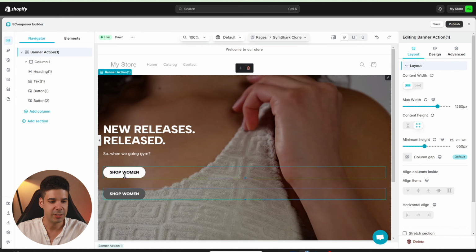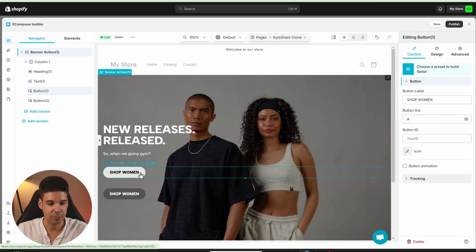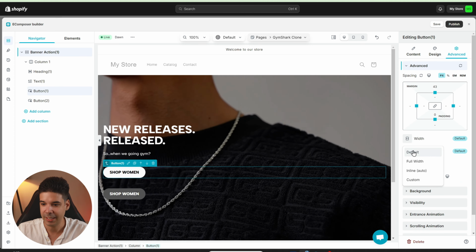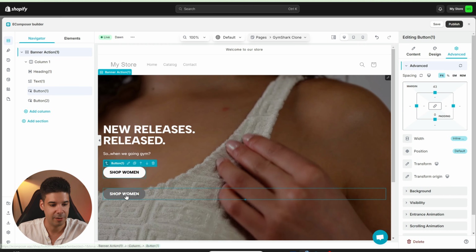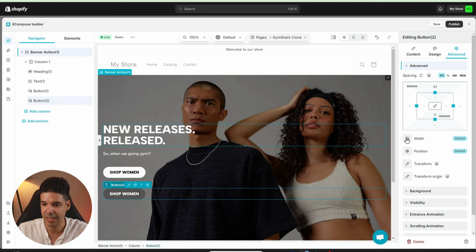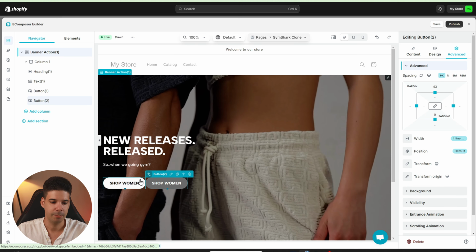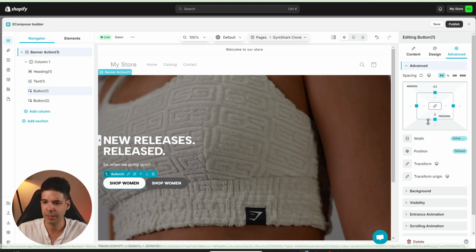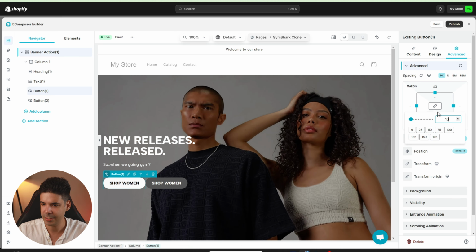Now we need to put these two buttons side by side. So to do that, we have to go to the first button, go to advanced and click on the width. And instead of having it in default, we're gonna put it inline, all right? Now for the second one, we're also gonna do the same. We're gonna click on it, select width and put it inline. But there needs to be a little bit of spacing here. So let's select this button and add a little bit of right padding by clicking here, and let's add 10